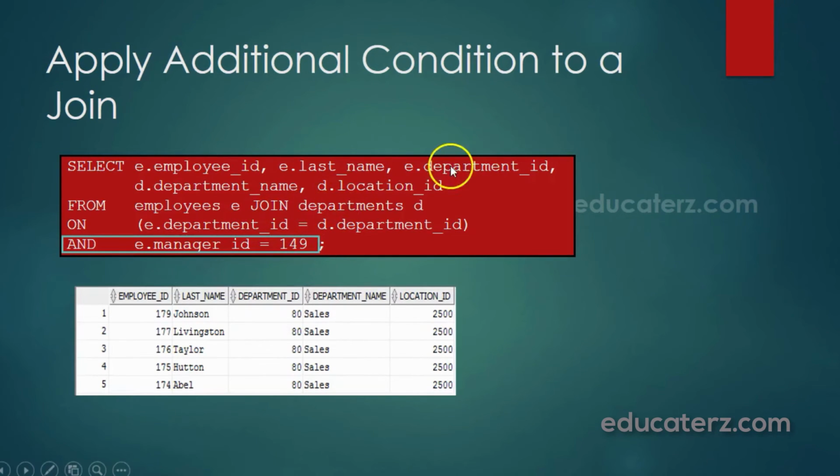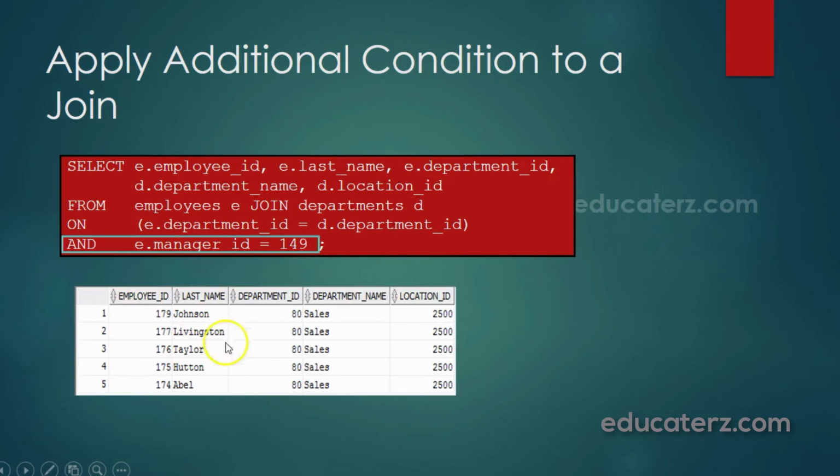Look at this: select E.employee ID, E.last name, E.department ID, D.department name, D.location ID from employees E, where E is the alias name, join departments D, where D is the alias name for the departments table. In the on clause we are using E.department ID is equal to D.department ID because this is a common column between these two tables, and also the condition where manager ID is equal to 149. We have to restrict the result where manager ID is equal to 149.